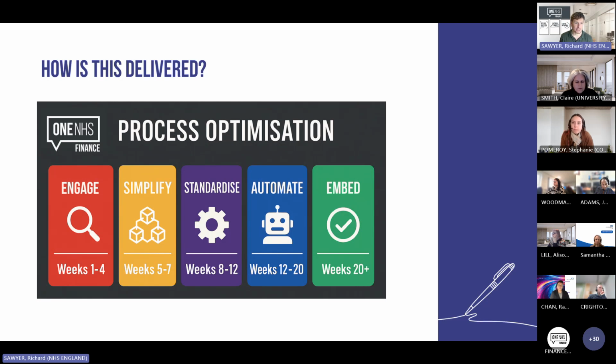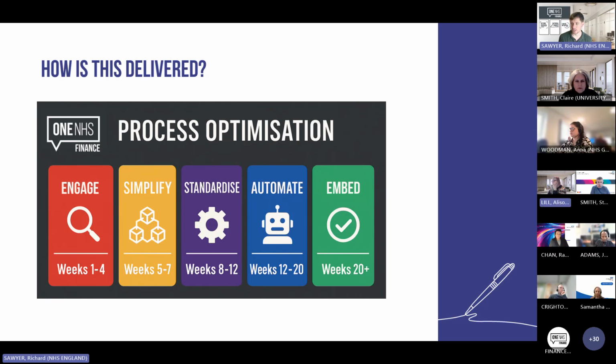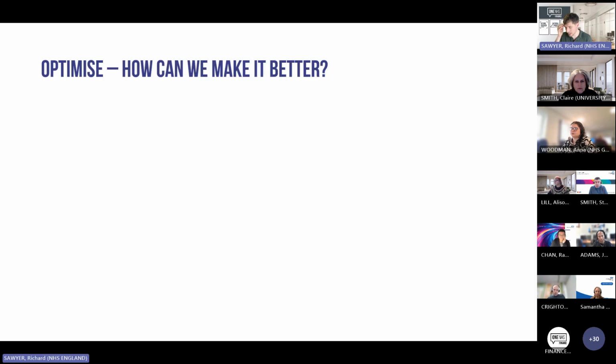This is a breakdown. You see those 3 central cubes are essentially a repeat of what you saw on the previous slide. When I've got a bit of time, we're going to essentially build this out into an end-to-end deployment that you can do in your finance teams, and we'll distribute that as part of One NHS Finance for anyone that wants to use it, to make it a bit more of a structured framework to do at scale. Okay. I'm on the way to making that better. So how can we make it better?